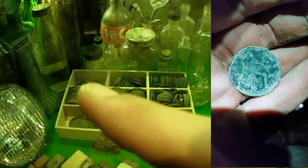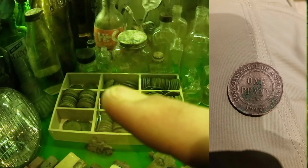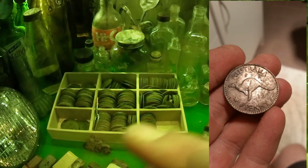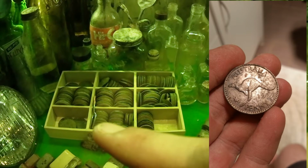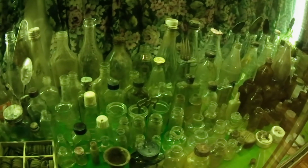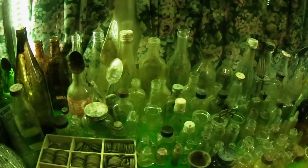These ones here are the English pennies and half pennies I found. Haven't found too many, unfortunately. We've got the Commonwealth half pennies, Commonwealth full pennies. All of these are Roo pennies, and these are the Roo half pennies. As you can see, a whole heap of different bottles. Some of those aren't too old, some are. Others I don't have any idea of the age. I come up here, so